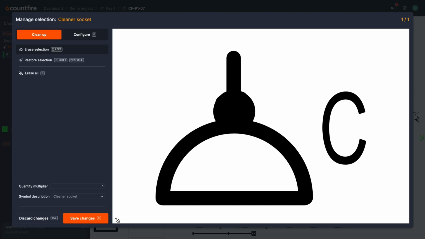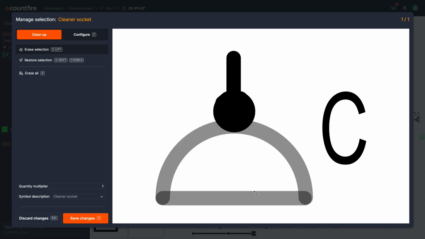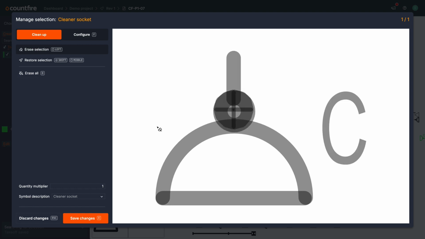the Edit menu. On the Cleanup tab, you are in Erase mode. Left-click and hold to erase parts of your symbol, or you can use keyboard shortcut D or click Erase All to remove them. You can use your mouse wheel as a button. If you click and hold, you can bring parts of your symbol back, or you can hold Shift and use